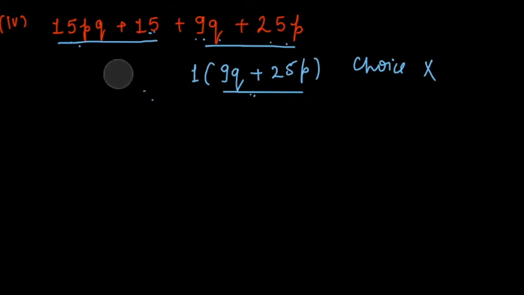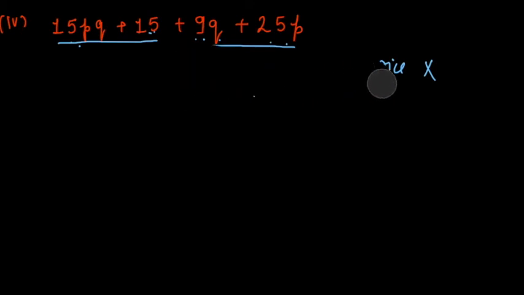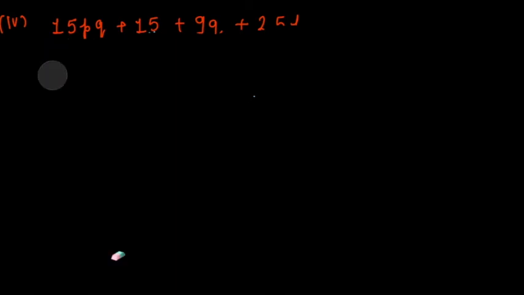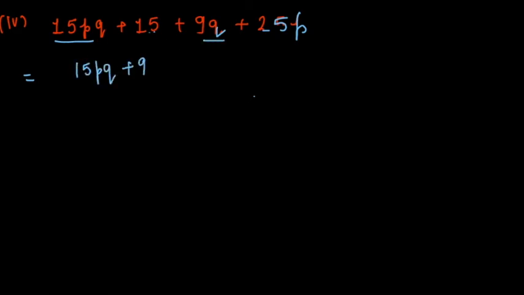I told you that addition is commutative. So you can group any of the terms out of these 4, not only first with third. It can be any terms which you want to regroup to find a factorization. So let's try another combination. This was your 25p, and this was a 9q. If I take first and third term together, 15pq plus 9q, and second and fourth term together, let's see, are we getting the correct factors?